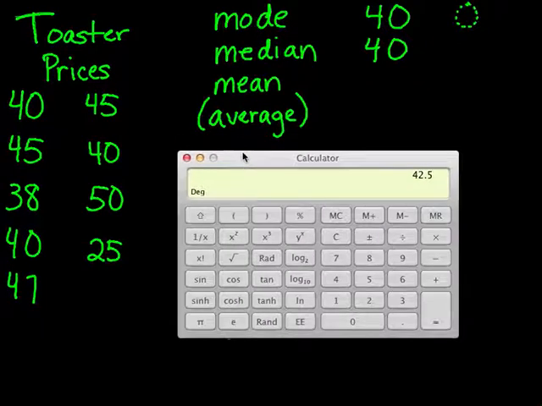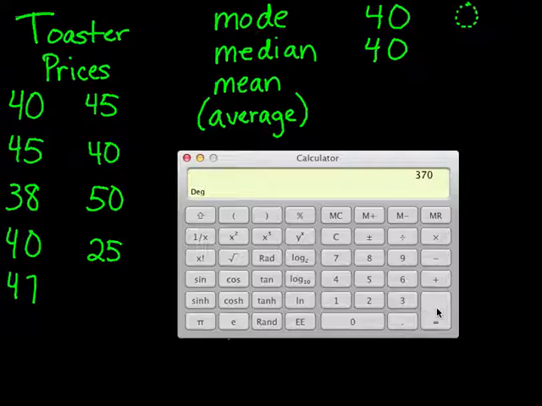But for this, we will use the calculator. And to find the mean or the average, the first thing you do is you add up all the numbers from the set of numbers. So 40 plus 45 plus 45 plus 40 plus 38 plus 50 plus 40 plus 25 plus 47, and we're going to hit equals